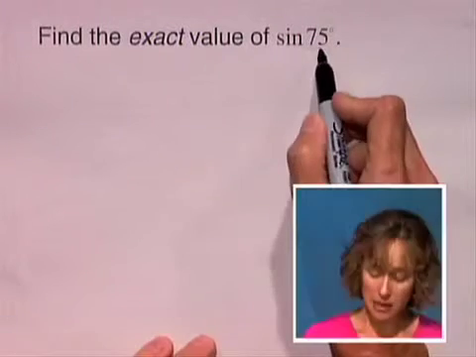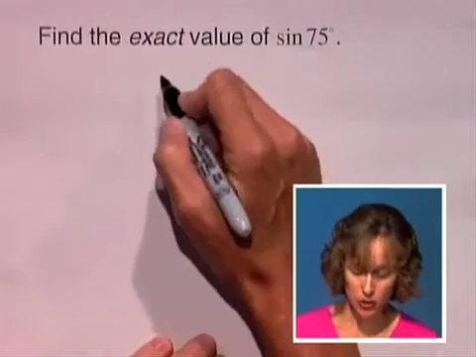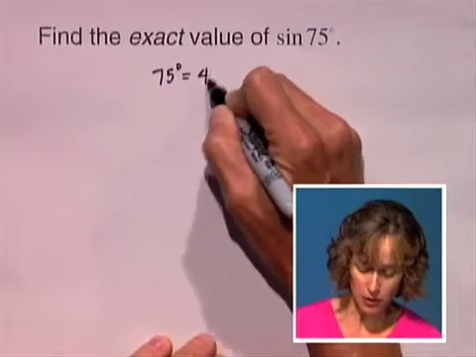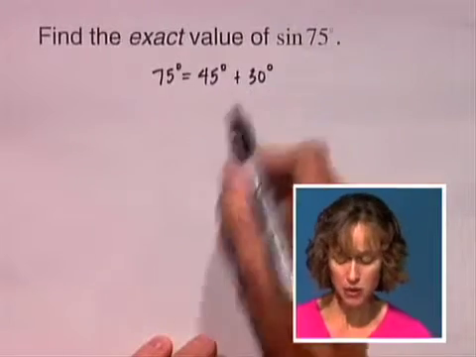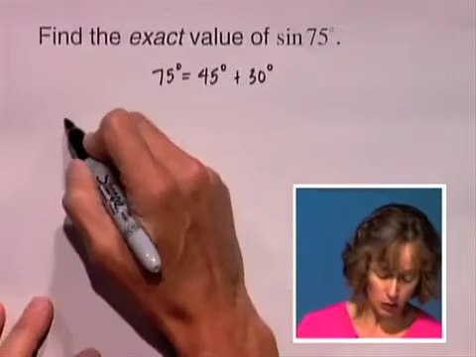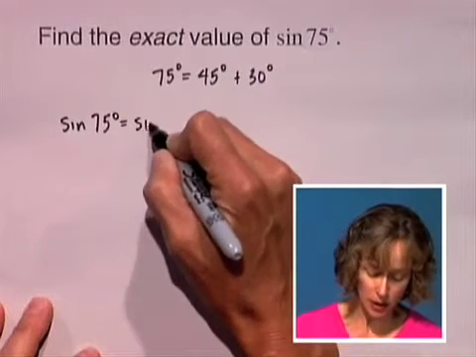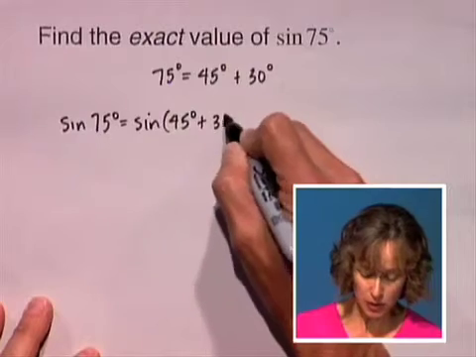Let's work with some identities. We want to find the exact value of the sine of 75 degrees. We need to take 75 degrees and break it into 45s, 60s, or 30s so we can find the exact value. Now 75 degrees is exactly 45 plus 30, and so I'm going to use that to sum. If I'm looking for the sine of 75 degrees, I can find the sine of 45 degrees plus 30 degrees,